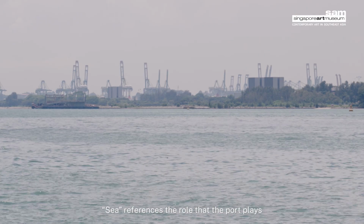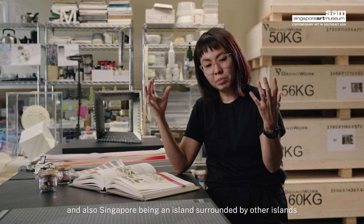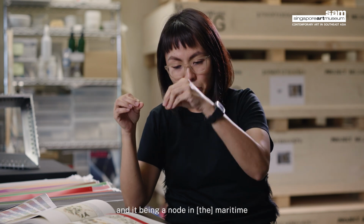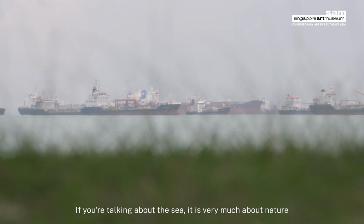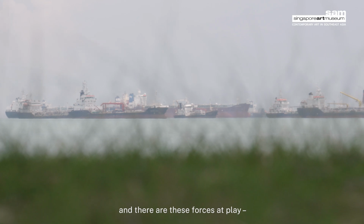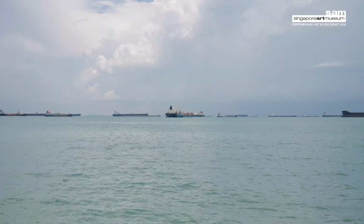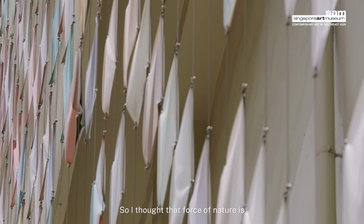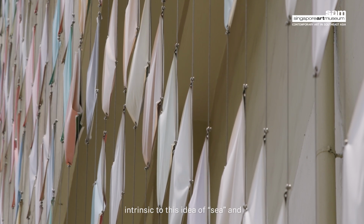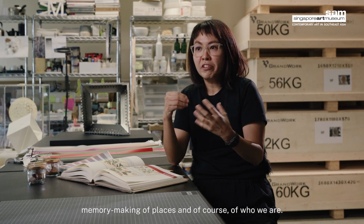Sea references the role that the port plays, and also Singapore being an island surrounded by other islands and being a node in the maritime trade links right from hundreds of years ago. If you're talking about the sea, it's very much nature and there are these forces at play, the wind that causes these currents and trade winds. That was the thing that brought people here. So I thought that that force of nature is intrinsic to this idea of sea and the identity building and memory making of places and of course